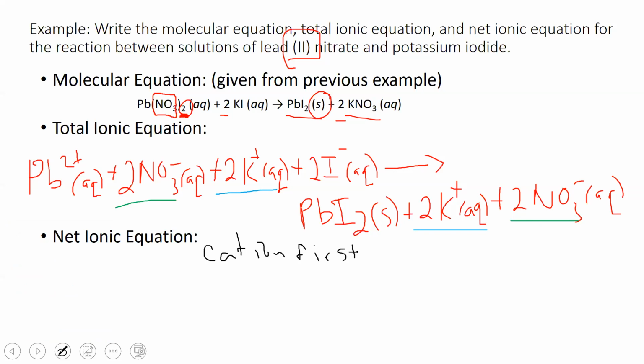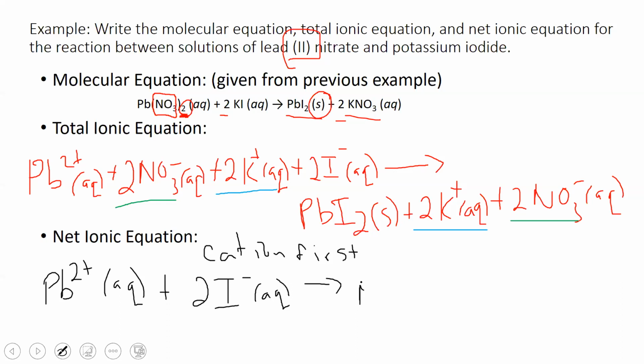Okay, so here we'll have our lead. It's aqueous, plus, again, we need to make sure this is a balanced chemical equation. Every time we have a chemical equation, it should be balanced. So here we just take the 2 iodides, and that should react to form our lead iodide solid. Okay? And so that's how we're describing these chemical reactions in the solution based on these 3 different types of